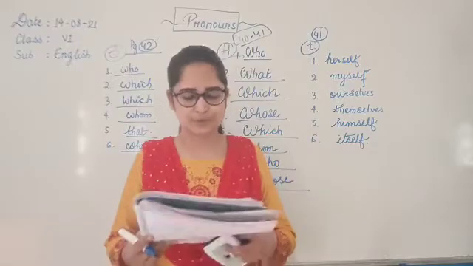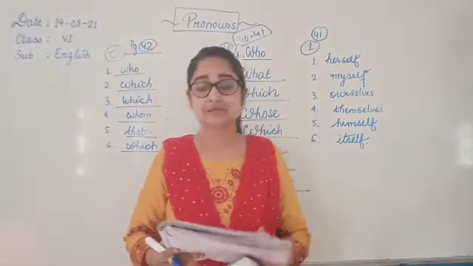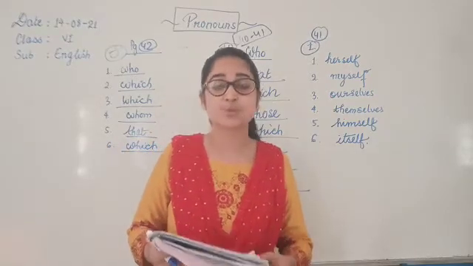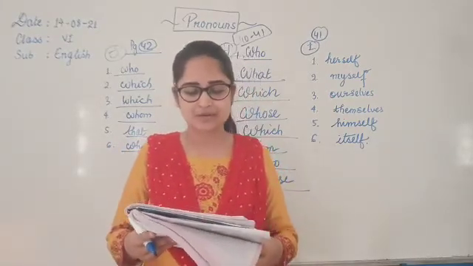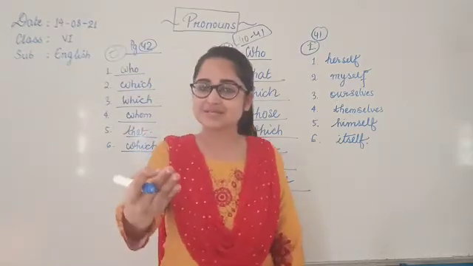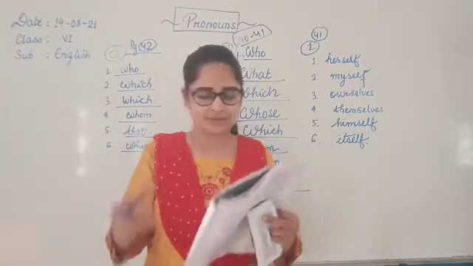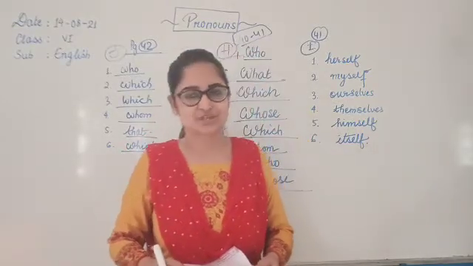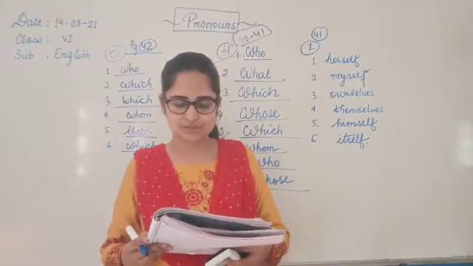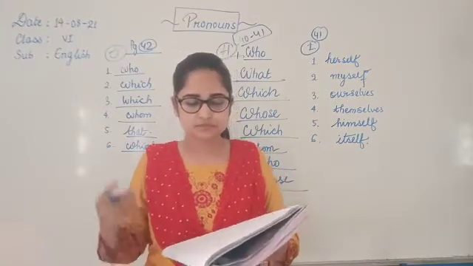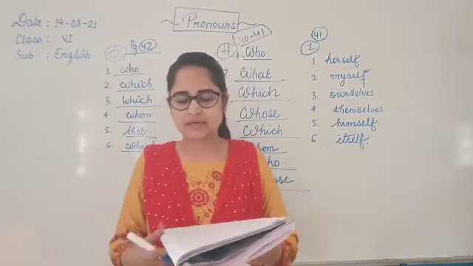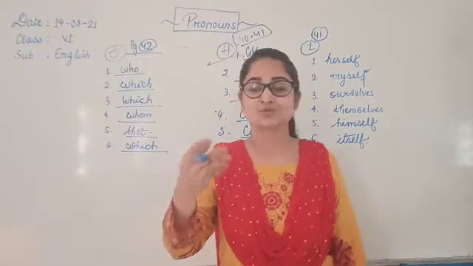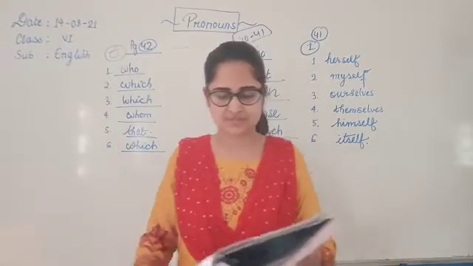Again we have reciprocal pronouns. I guess this is our final type of pronoun that we are going to learn. Reciprocal pronouns are used to refer to two or more people who carry out an action at the same time. Like, I am doing this thing to you, you are doing the same thing to me, we are doing it together. Jack and Jill helped each other. Words like each other, one another, all these words, children, are our reciprocal pronouns. Now each other is used when two persons are involved. One another is used when more than two people are involved.